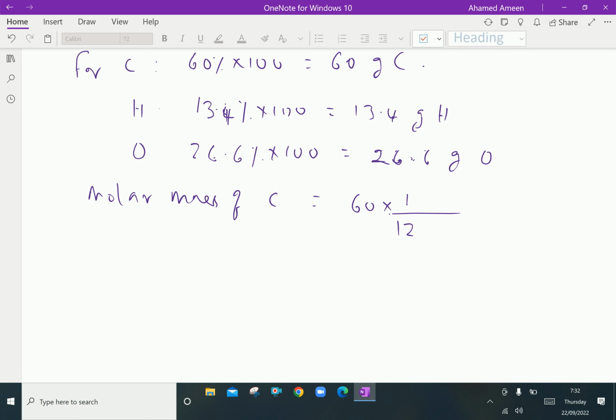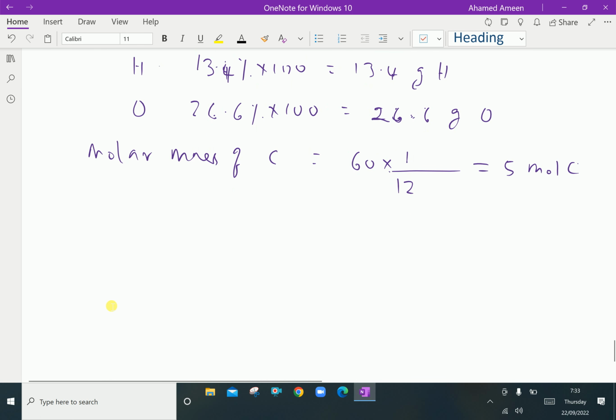So converting this to moles gives 5 mole of C. For hydrogen, 13.4 times 1 over 1.01 for hydrogen